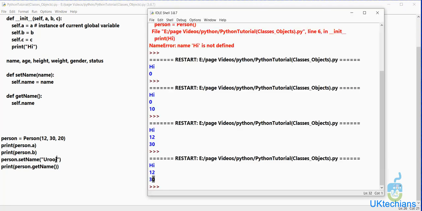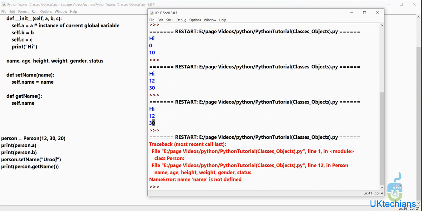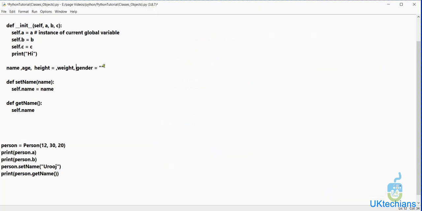Save it and F5. So it says we have not initialized any of the values, so let's initialize some values over here. I forgot to add the self object here, which is the current instance of the class.